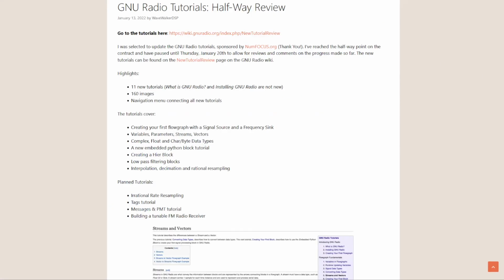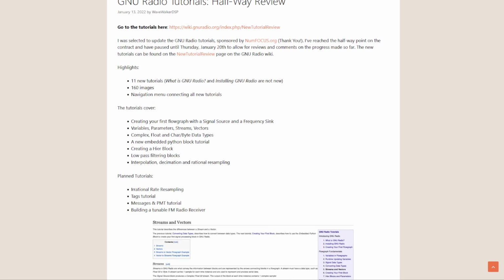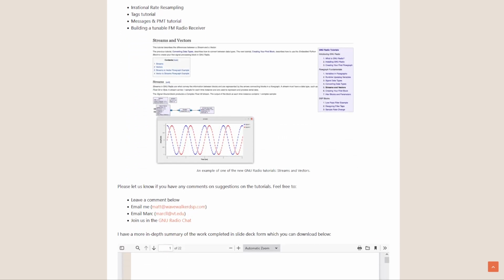As I believe Matt does call out in his blog, this work is supported and made possible by a grant from NumFOCUS, an organization dedicated to open scientific computing. We received a grant from them towards the end of last year. There will be a longer write-up on our blog at the end of this, as well as an update in next month's project call. So please do check out these tutorials, give them a shot, and give any feedback that you have.